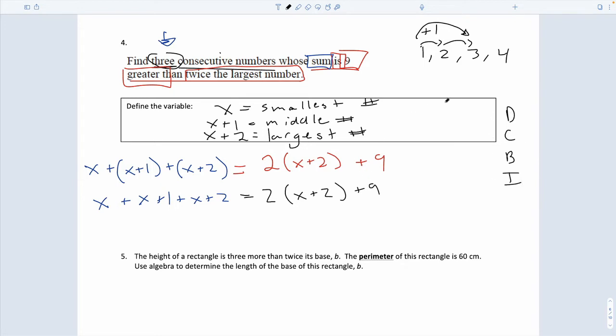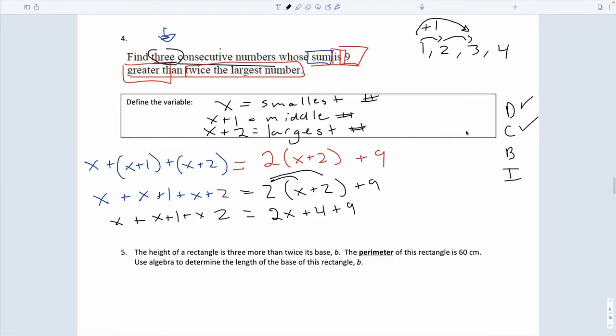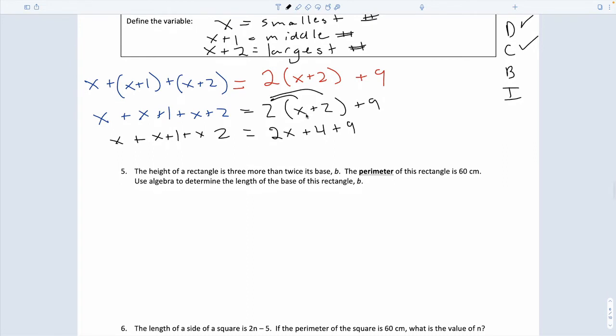First thing we need to do is distribute. How can I distribute this problem? Left or right side? Avery? And what does that give you? Okay, good. It still looks a little bit ugly, no offense equation, but we need to do something else with it. Combine like terms for me. What would I do next? Peyton, row 2. I think you're going to combine all the x's. Good. So it'll be